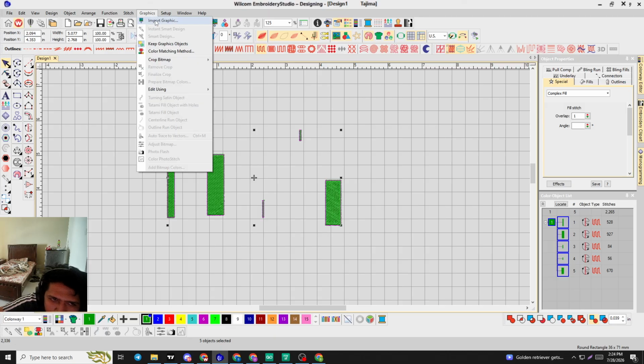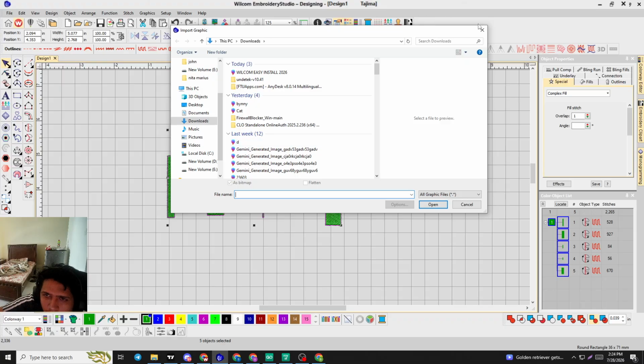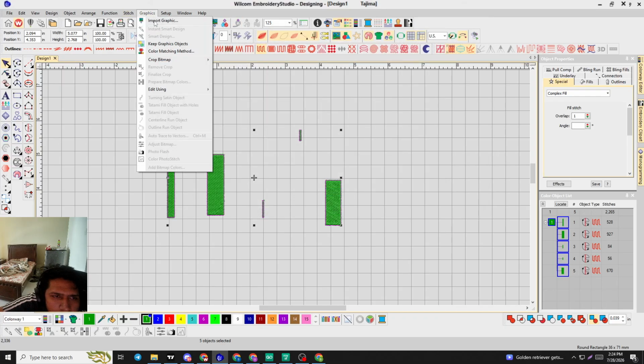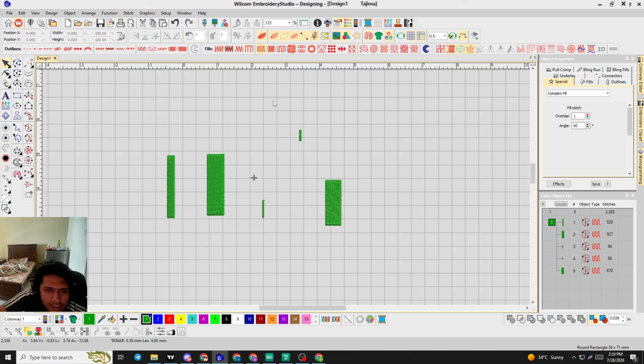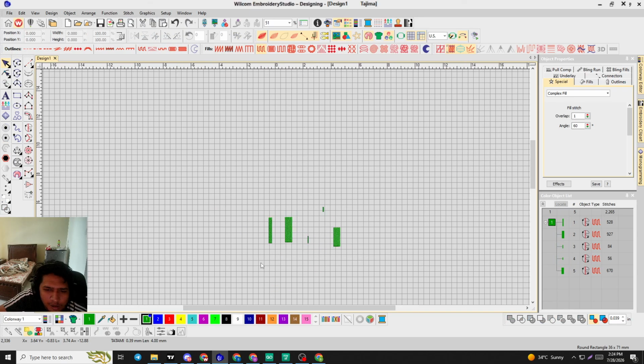Graphics, import graphics means importing a picture. And keep graphic object, never used it. These things are, I think, for a very advanced level when you are doing a very complicated design. But I never use them because I never made such a complicated design. But yes, I rarely use something called,